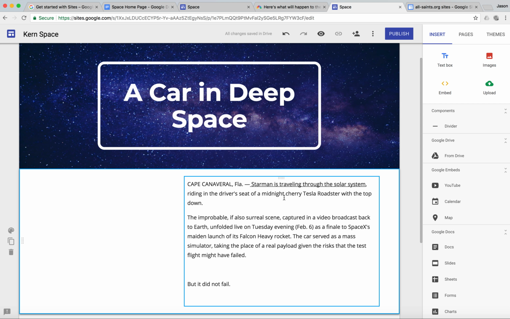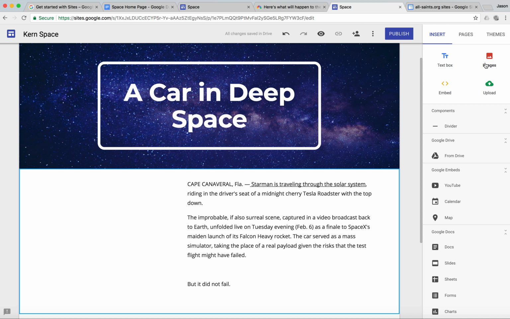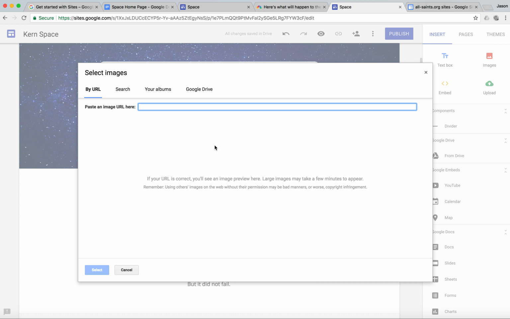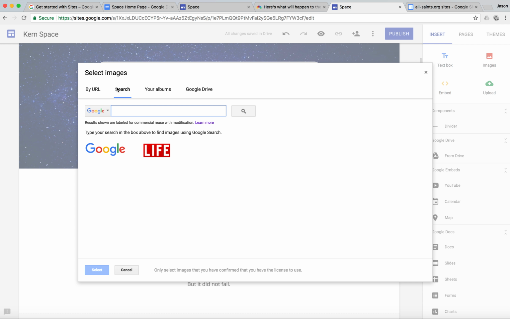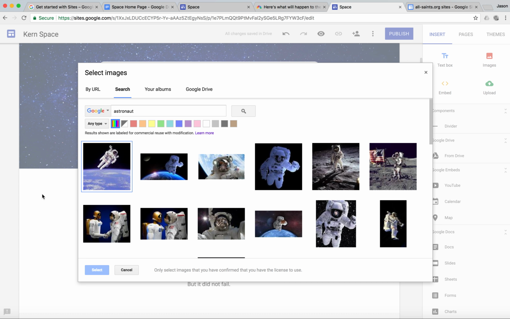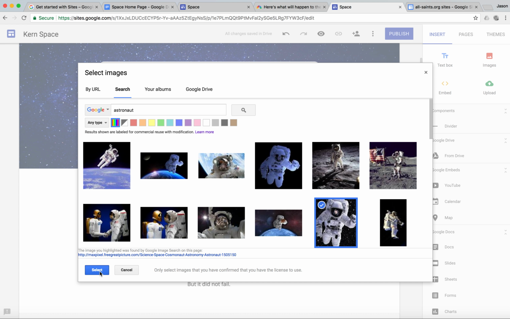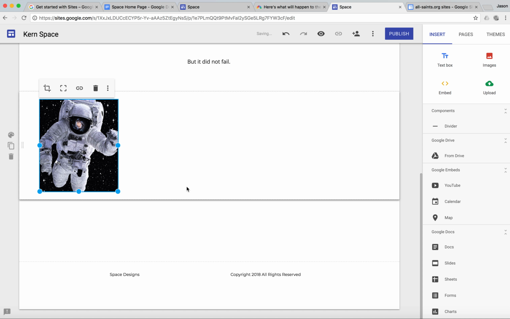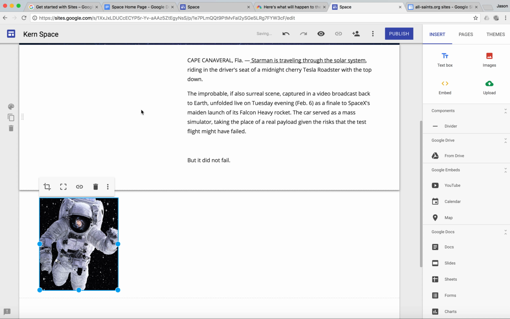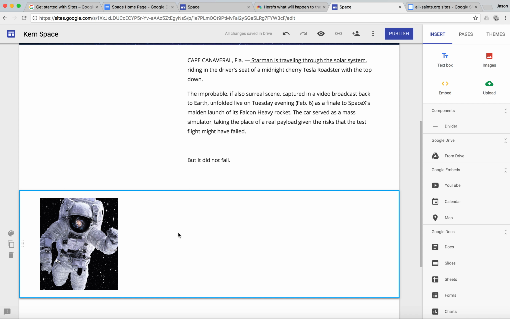And now we'll see if we can insert our image to allow it to have our astronaut. So I'm going to go and search for astronaut. And I'm going to find one I like. And I'm going to select it. And here's my astronaut. But remember, again, this is below where I want him to be. So if I want to move this guy up to there,